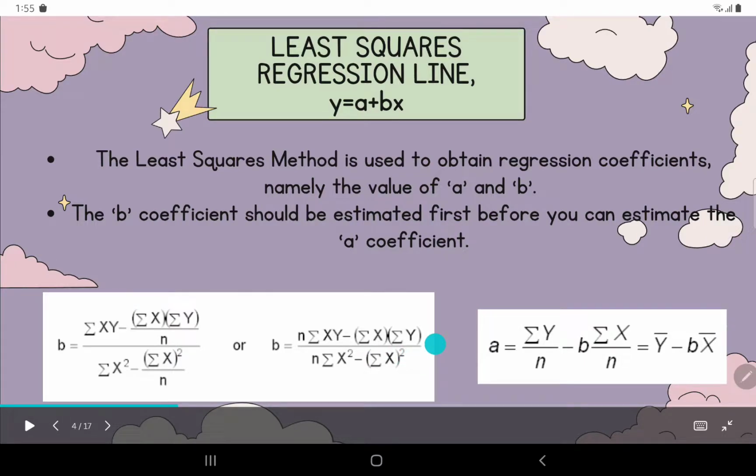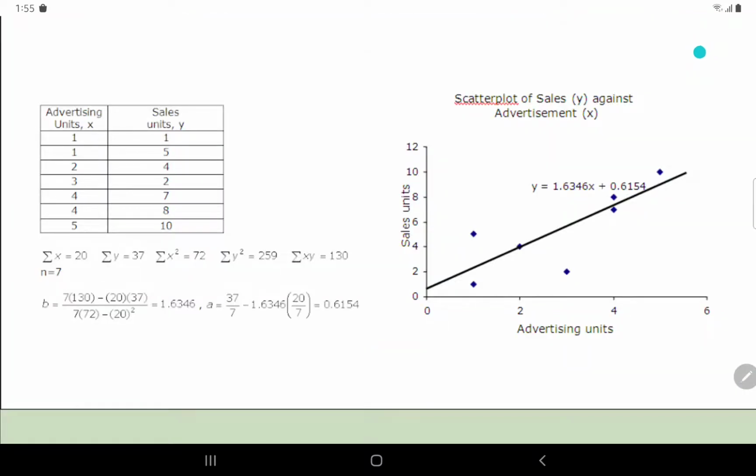We are using this formula. So this is how we apply it: n, total of xy, minus total of x multiplied by total of y, divided by n times total of x squared, then minus total of x, squared, outside. Okay, so the value of b is